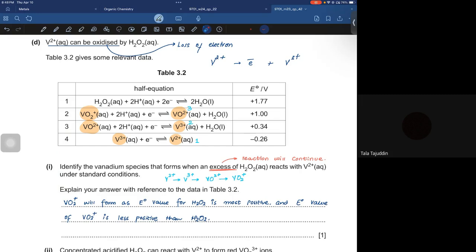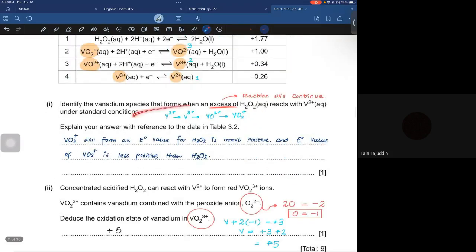Finally you would be getting that species. I have written VO2+ will form as E naught of H2O2 is most positive. If the E naught value is more positive, it's a strong oxidizing agent, and the E naught value of VO2+ is less positive than H2O2. So it's 1 mark. I have written the continuous reaction: V2+ to V3+, then V3+ to VO2+, and then VO2+ to VO2+. Finally,